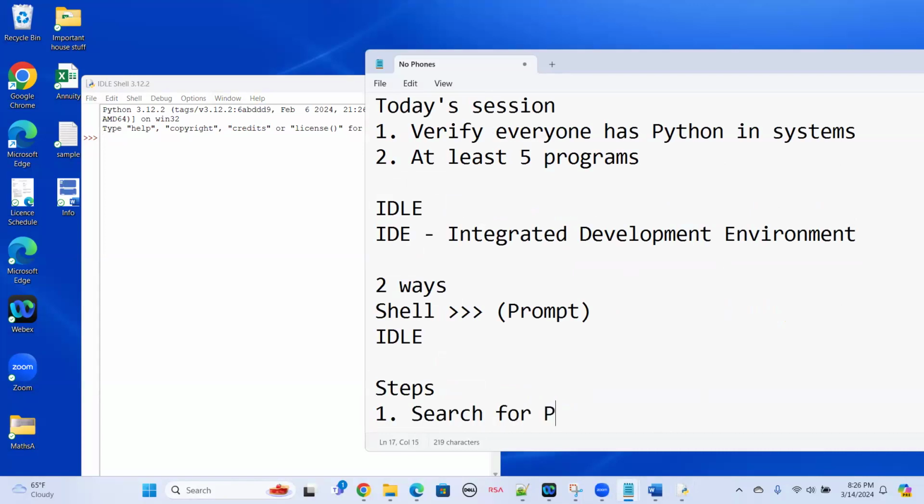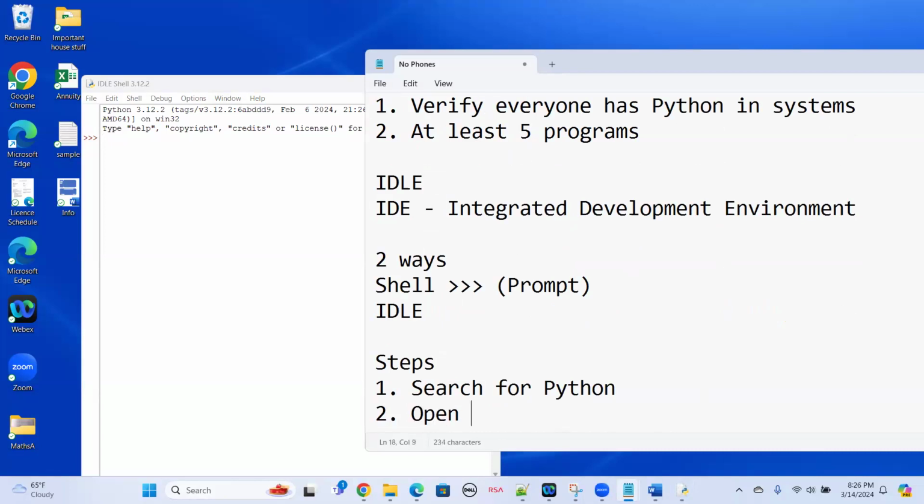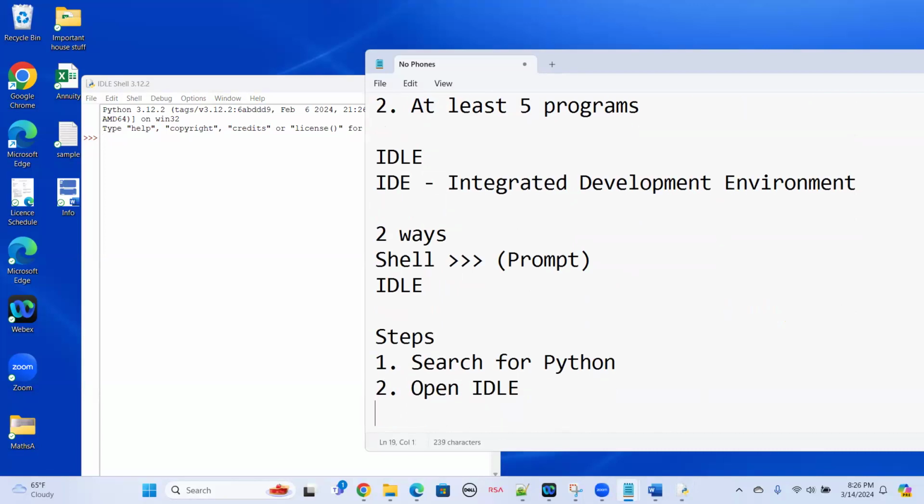Search for Python, right? Open IDLE. Okay. Third one, this is important. Okay, so